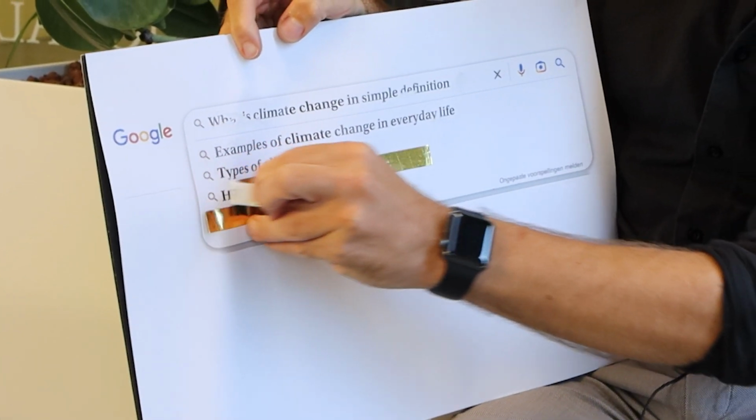And climate change is difficult because it's a global phenomenon. And so on the one hand, one place might get wetter, while the other place might get drier. And this of course makes climate change such a challenge, both in understanding the effects but also in trying to prevent climate change from worsening. Following question.